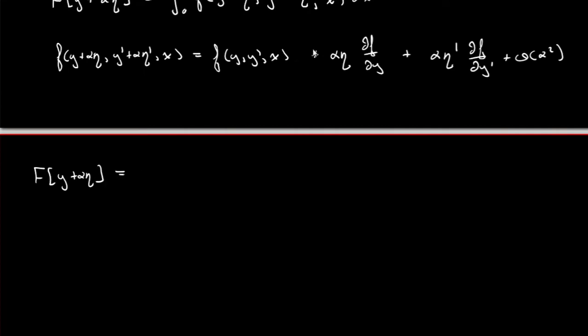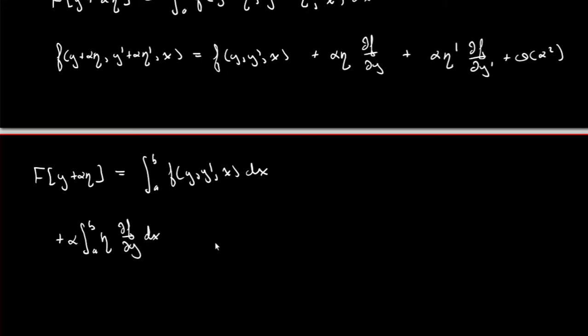Well, we stick the right hand side under the integral sign, so we write the integral from a to b of f of y, y prime, and x dx, and we add in our integral from a to b, and we can pull the alpha on the outside because remember it is a constant, it doesn't depend on x, but eta unfortunately is a function of x, so it must stay inside of the integral. The partial derivative of f with respect to y, and that's integrated with respect to x,